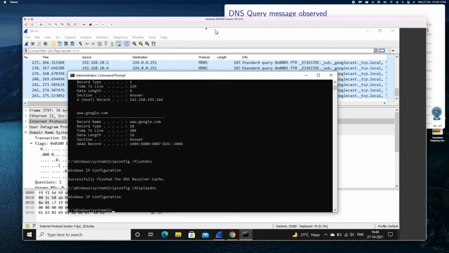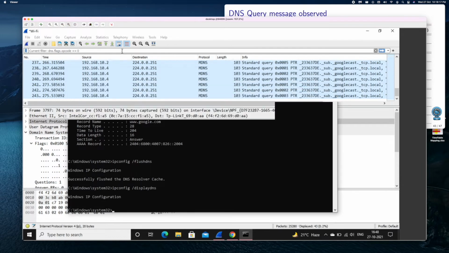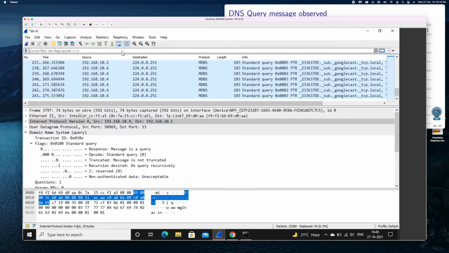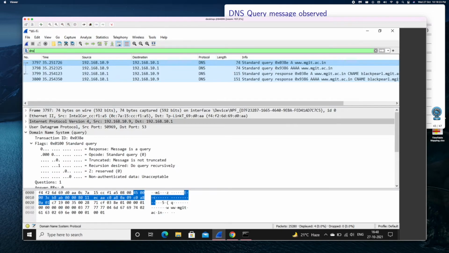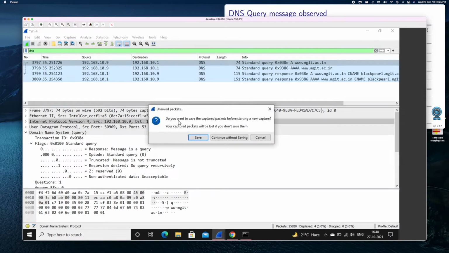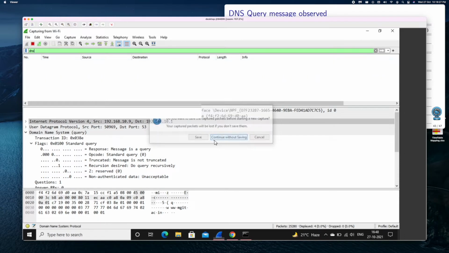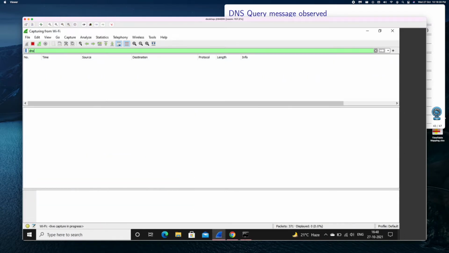Now we want to generate a DNS request. So look carefully at how to generate a DNS request. Here, because we also want to capture the packets corresponding to DNS, let's start off Wireshark with DNS as a filter. Let's get back to